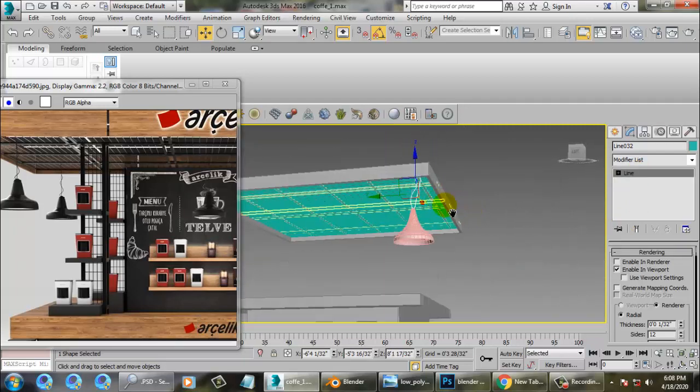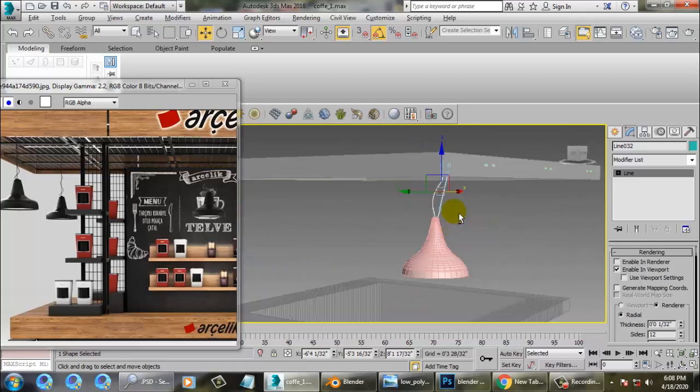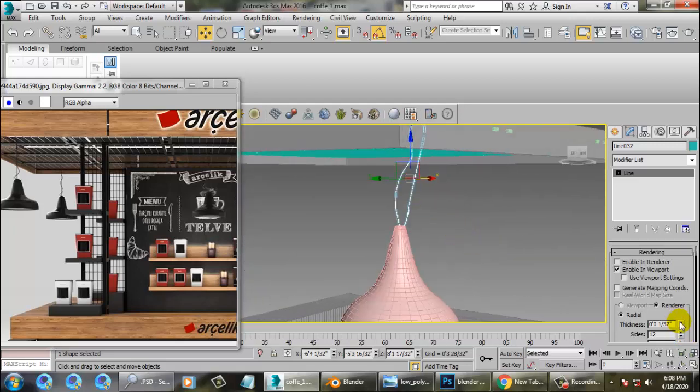It will definitely be visible. You can increase its thickness if you want.